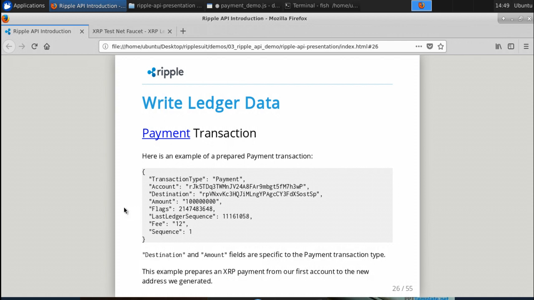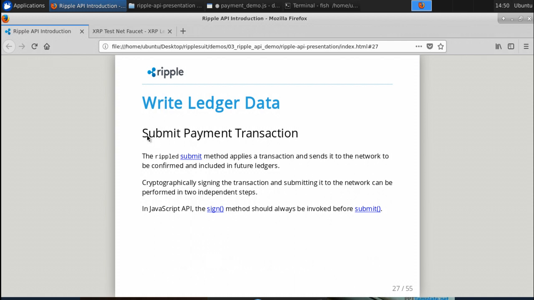For a payment transaction, destination and amount are required. As I mentioned, there are other types of transactions, and for other transactions there might be some extra fields. For a payment transaction, destination and amount are the fields specific to it.